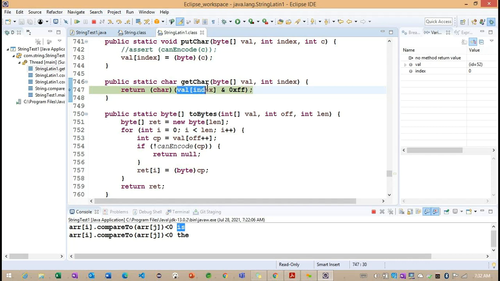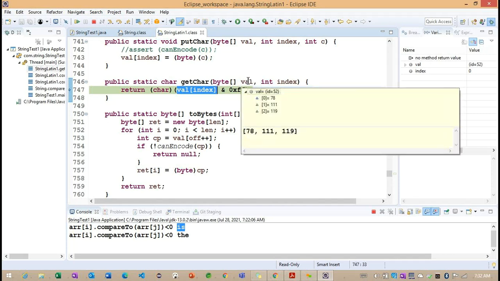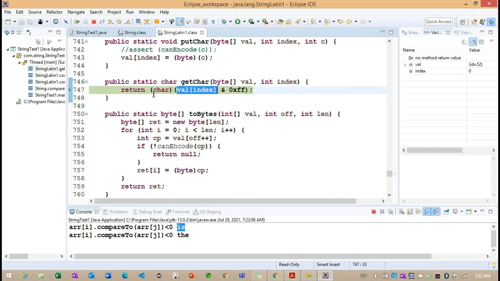So based on this particular value, now understand here. What is the value we are having here? Something called 78. So in the 78, what character is located? So the character we are returning. Getting the point. What character is located there? We'll try to return the character. Now you can understand here.